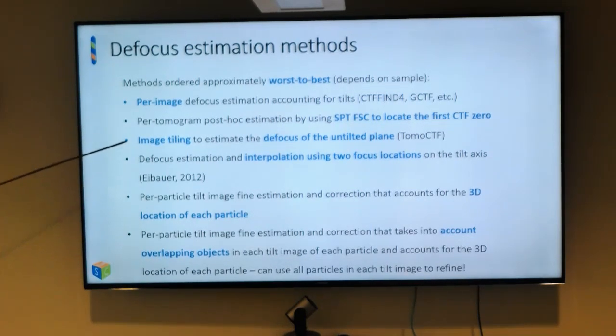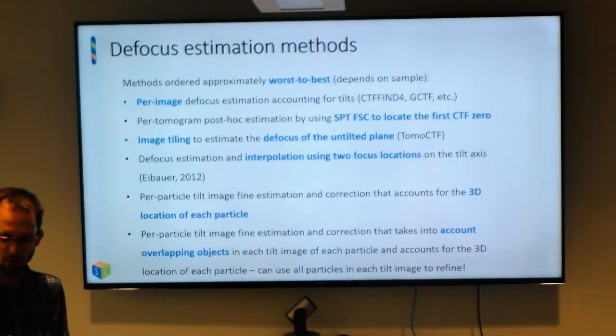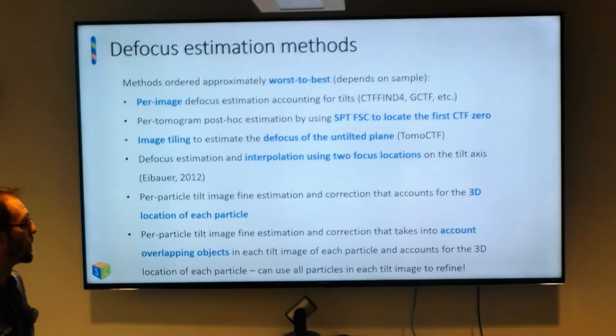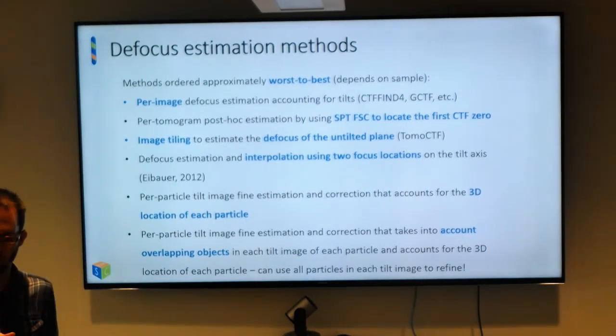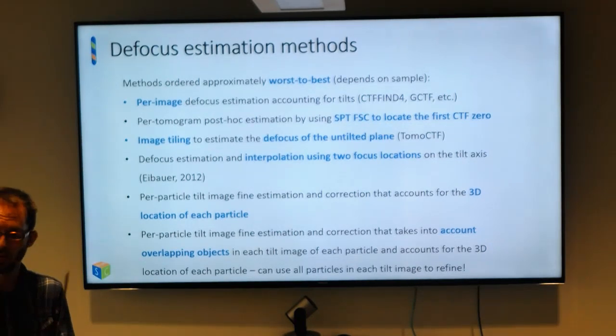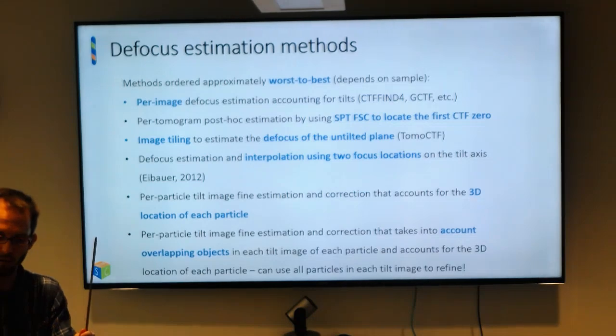Okay, here's a way. Assuming that you collect with good eucentricity, so you're not collecting like this, then you can take all of your images and overcome that limited dose per image. Like if you have 2 electrons per image, that's not great, you're going to get a crappy estimation. But if you can combine all of your images, by assuming that you have eucentricity, what you do is you